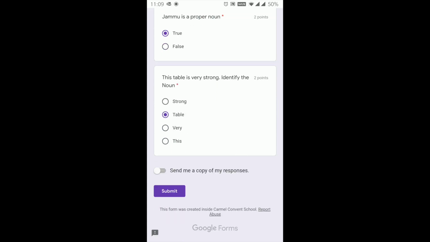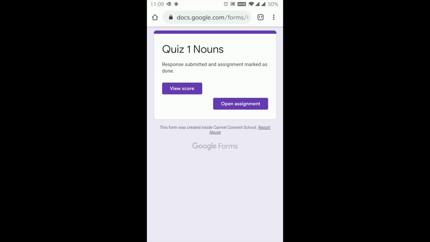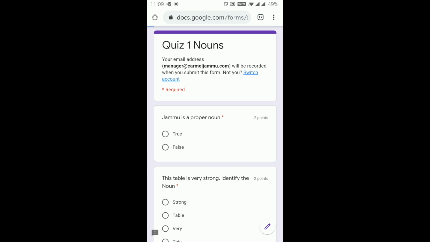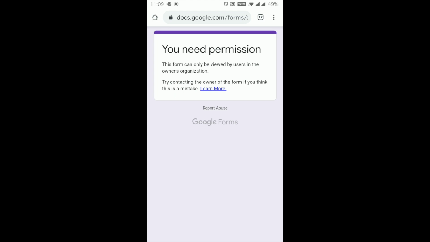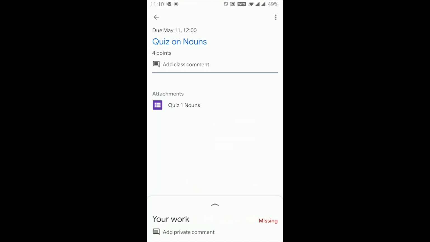As a student, what you need to do is you submit. You don't have to look at the score. If you want, you can, but all what you need to do is, once you have done it, your response has been submitted, there is a confirmation. Go back by pressing the back button. Press the back button again. Okay, you have landed on the main assignment page.